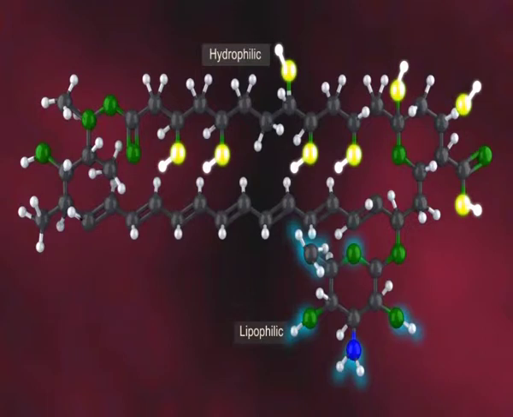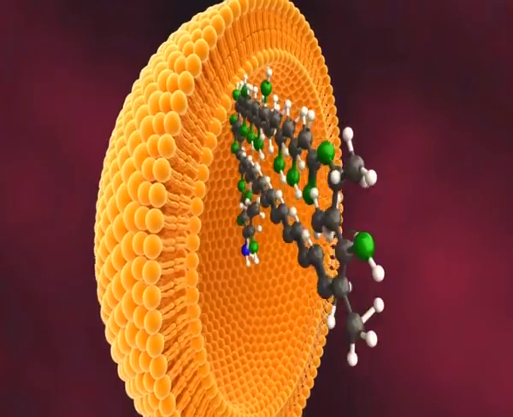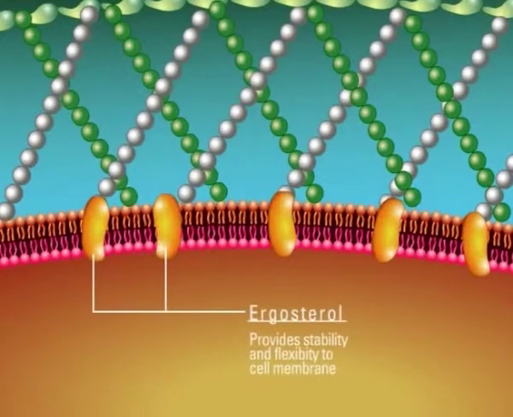A polar amino sugar and a carboxylic acid group are present at one end in the same. They are all insoluble in water and unstable in aqueous medium. The polyenes have high affinity for ergosterol present in the fungal cell membrane. Combined with it, they get inserted into the membrane and several polyene molecules together orient themselves in such a way as